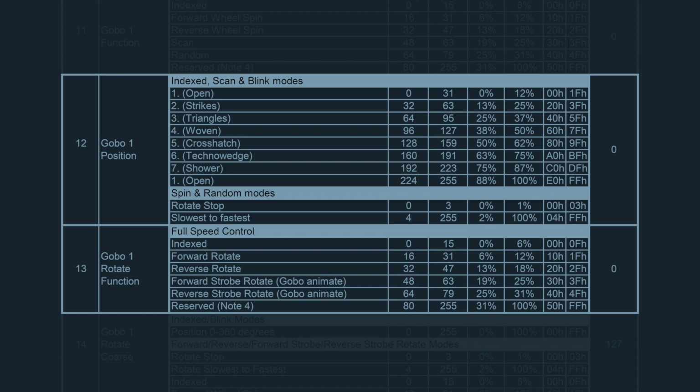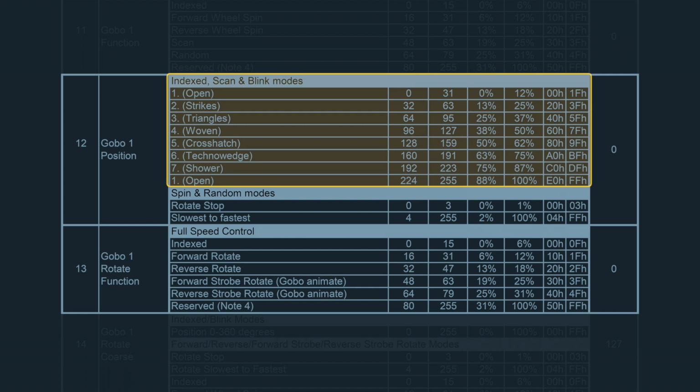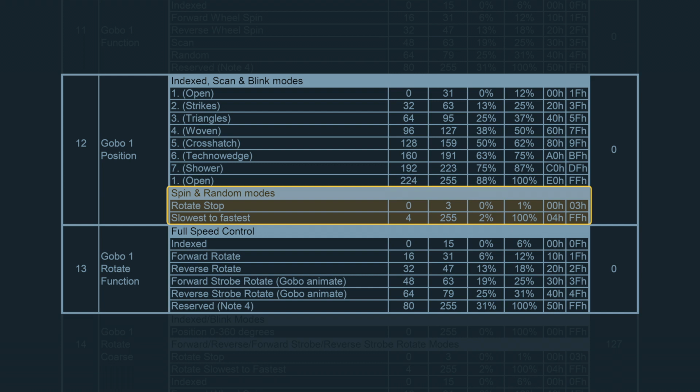If we look at address 12, we can see that when it is what the manual calls indexed, scan, and blink modes, these are our ranges to get solid gobos in the slot lined up. But if it is in spin or random modes, then it will move from slow to fast when we change this DMX address's values. Then in the manual, if we look at address 13, you'll see the different modes here, which we call the ranges in our gobo wheel mode parameter.